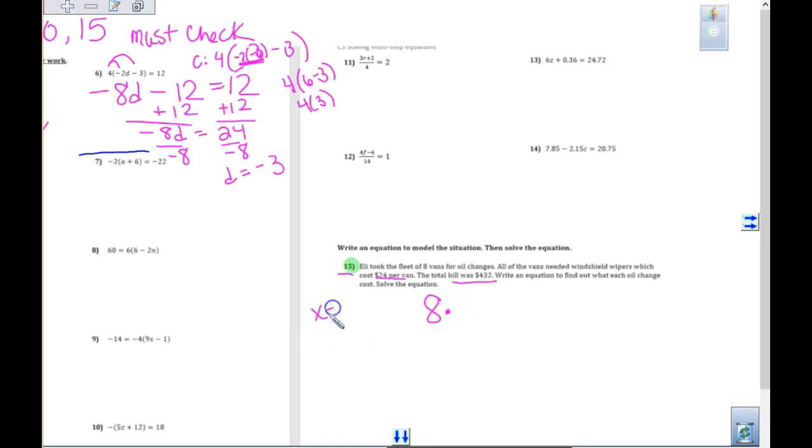And if we think that X is equal to the cost of an oil change,